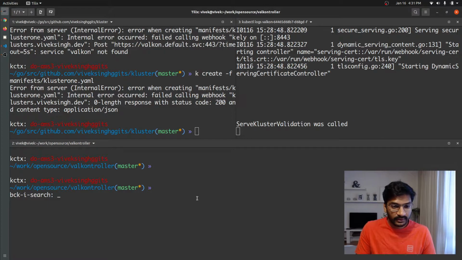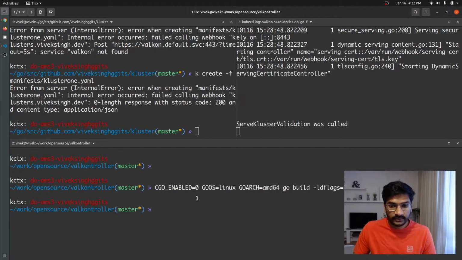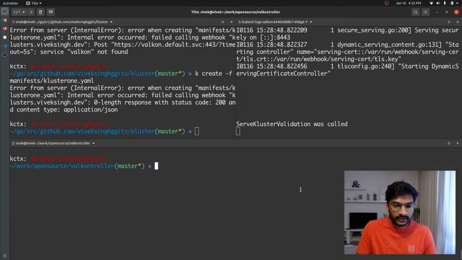I was a bit worried just for a second. So now that we have built the application, let's go ahead and try to build the image. So docker build -t